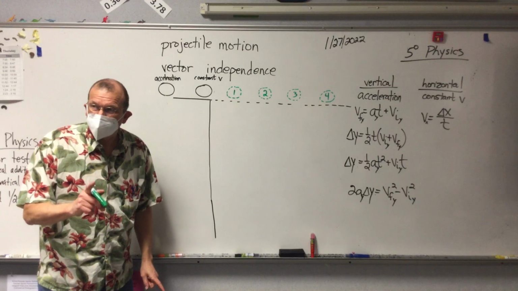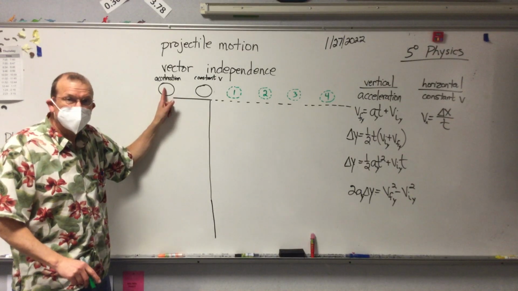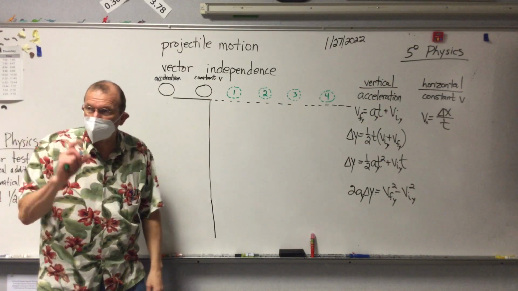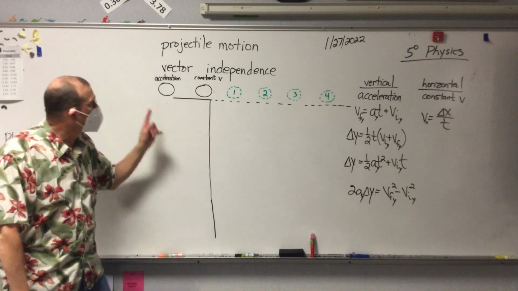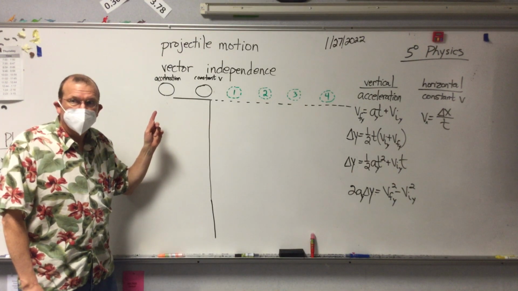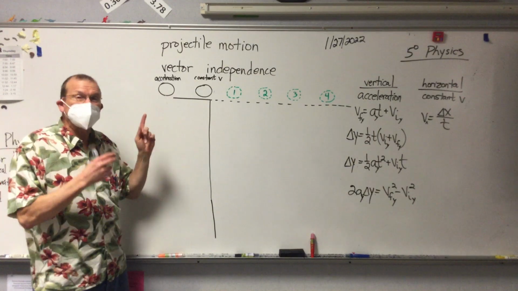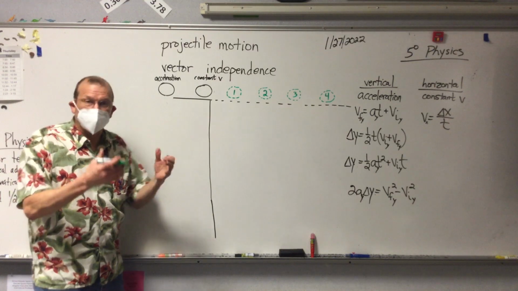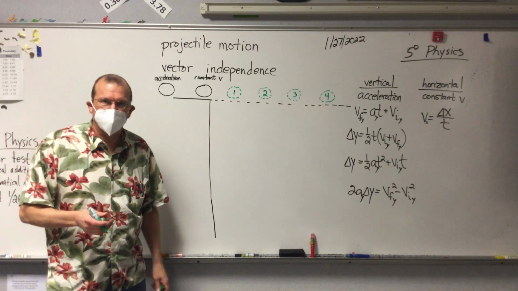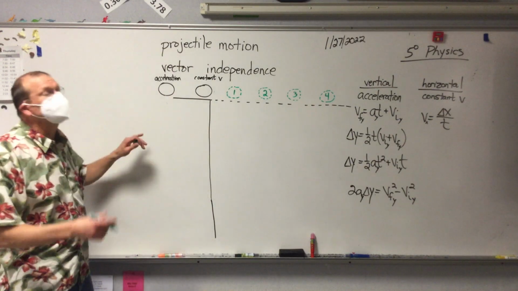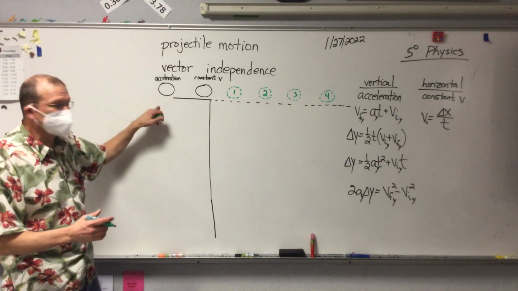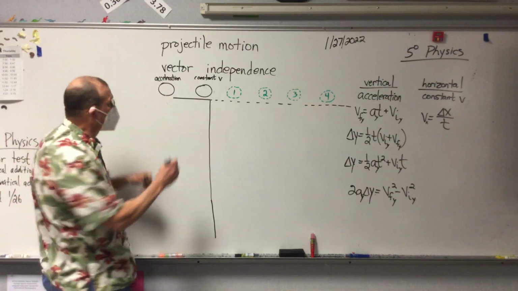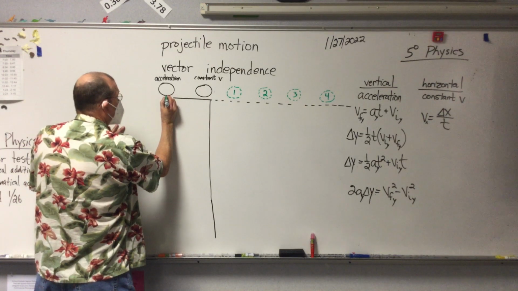Same concept of multiple exposure. This object, I'm letting it fall. But I'm still going to separate my exposures by 1 second. What am I going to see? You're going to see more of them at the top and fewer at the bottom. Which means what about their separation? They're getting farther apart. And why would that be happening? Acceleration. Which means what about the velocities down here compared to up here? They're higher. Now this is where I'm making this one up the best I can as I go along. So my first exposure